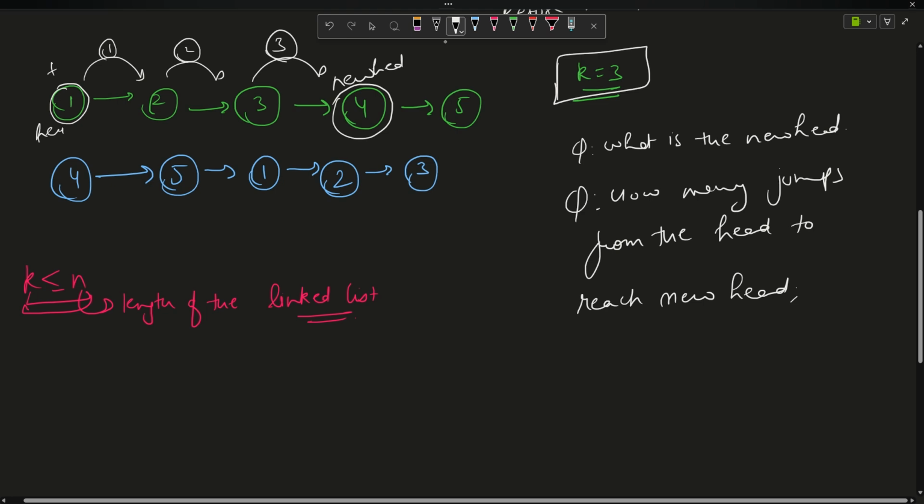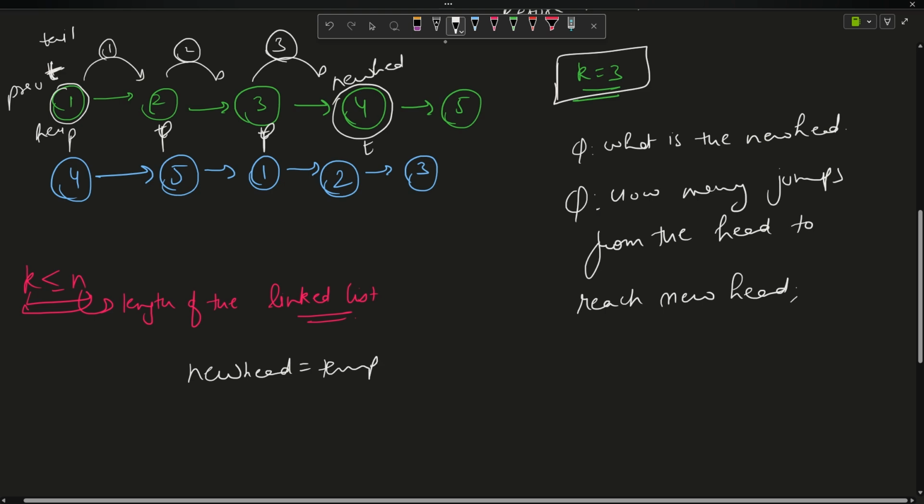It is really simple, right? I am doing something like this. My temp is here, my tail is here, my previous is at null. For k number of times, that is 3 jumps, I will do t equals to t next and previous equals to temp. Previous will come here, temp will come here, previous will come here, temp will come here. As soon as temp comes here, the loop finishes and I will say new head